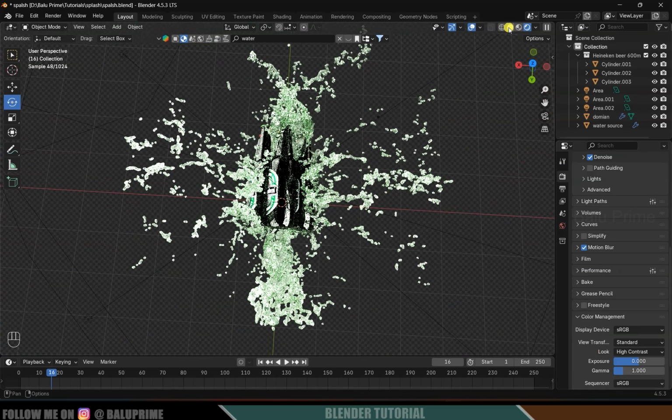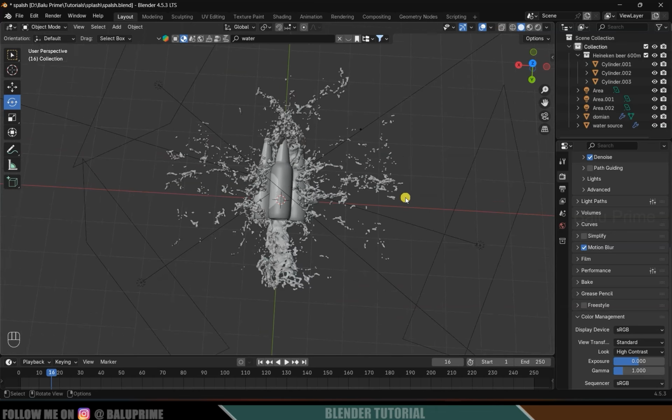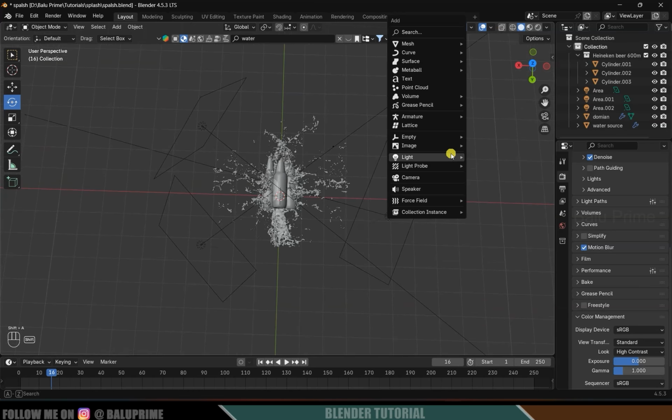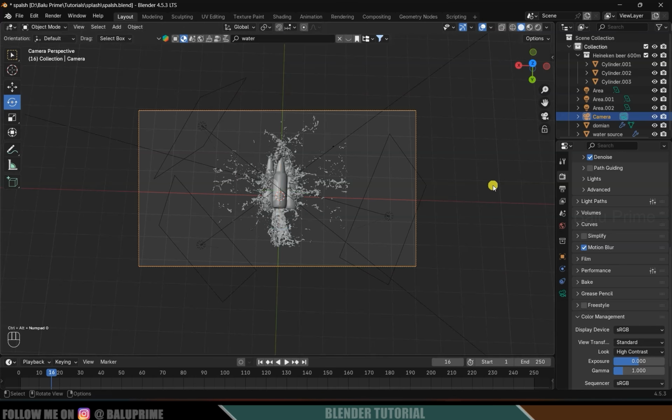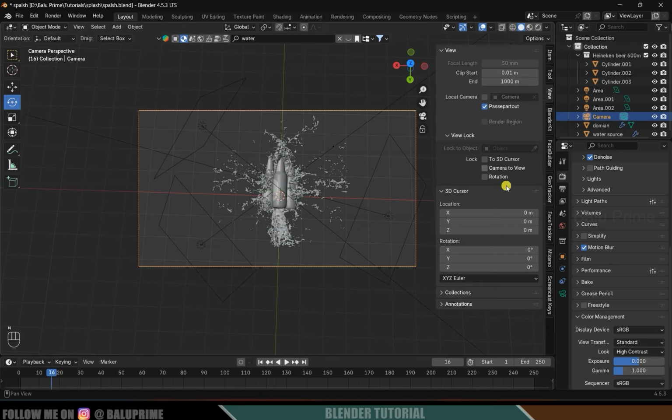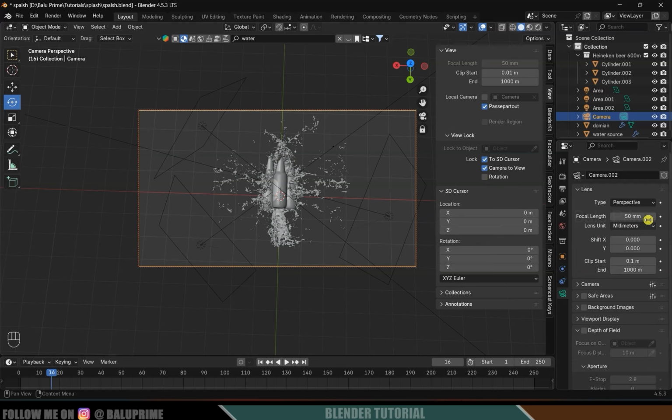So now let's move on to this solid viewport so that we can add camera in the scene. So shift A, add camera. Now Control Alt 0 to see through camera. Press N on the keyboard, come to this view option, lock to 3D cursor and camera to view. Now come to this camera options. So here I will change the focal length to 110,